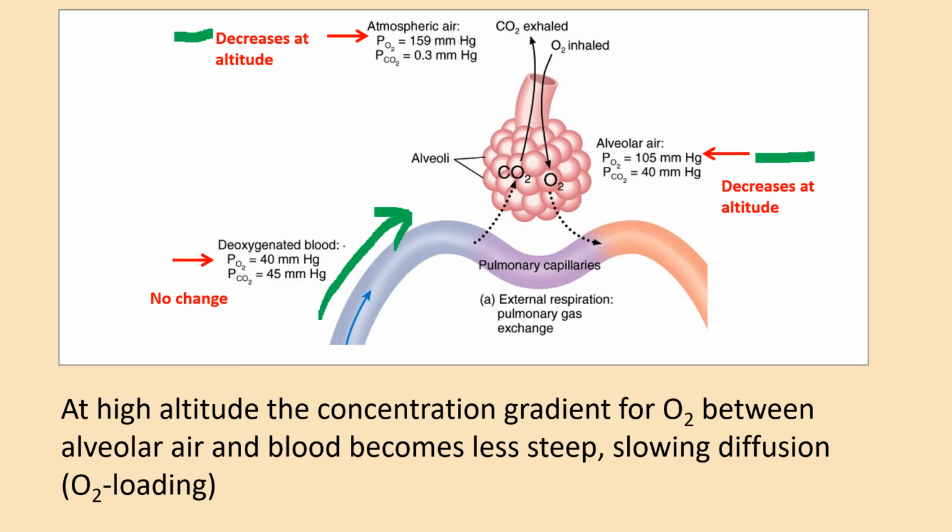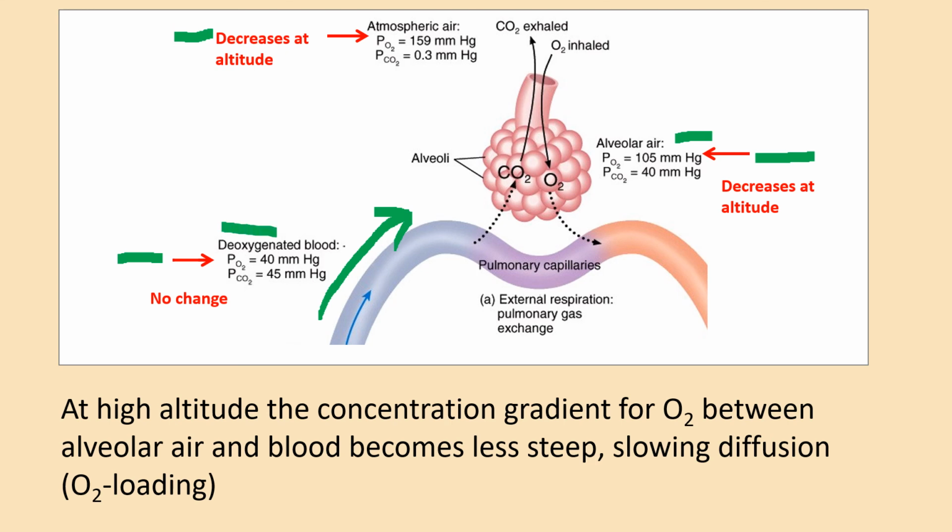There's no change from sea level conditions in the partial pressure of oxygen arriving into a pulmonary capillary. But now we have a far less steep diffusion gradient. Remember, at 10,000 feet, alveolar air has a partial pressure of about 50 millimeters of mercury. Well, it's 40 over here in the arriving